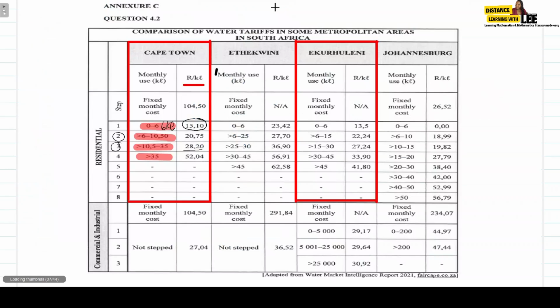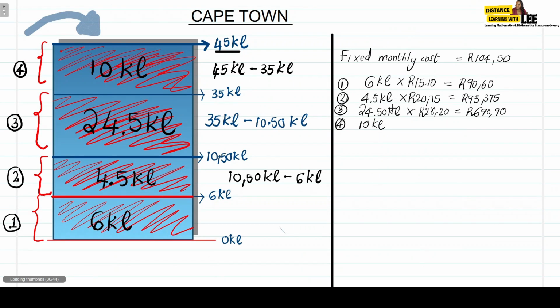And then how much does he get charged in the fourth region? He gets charged 52 Rand and 4 cents per kiloliter that he uses. So we're going to multiply that by 52.04. If you punch that into your calculator, you'll find that it's 520.40. So now if we add up all these amounts, the fixed monthly cost of 104.50 plus the 90.60